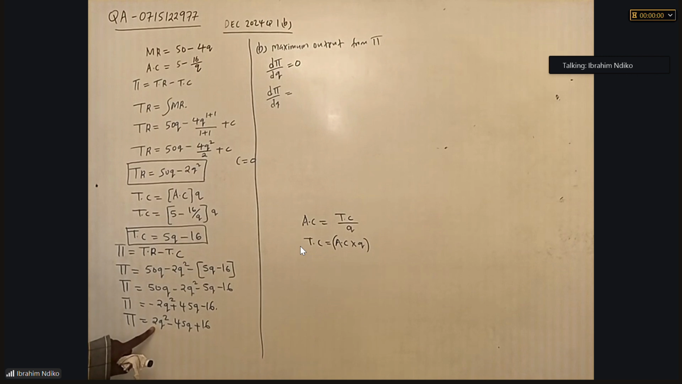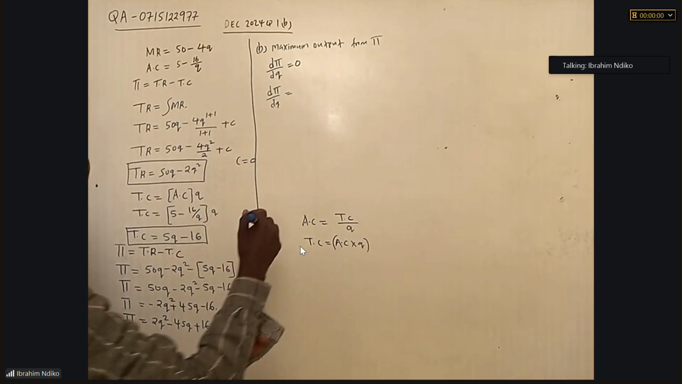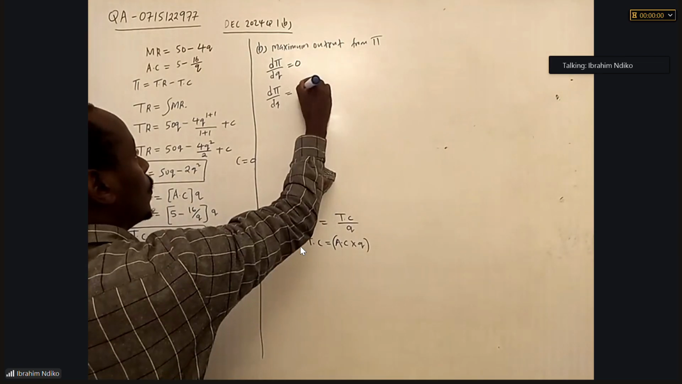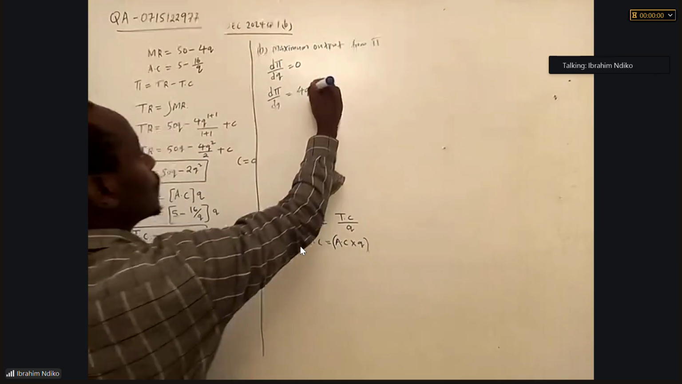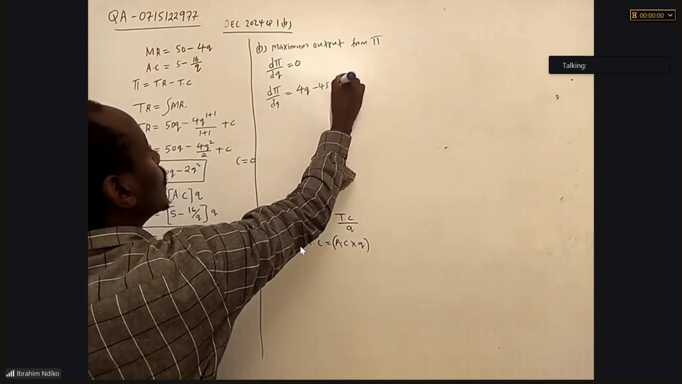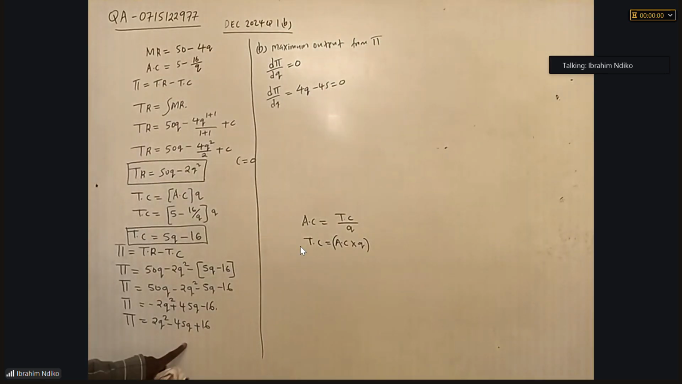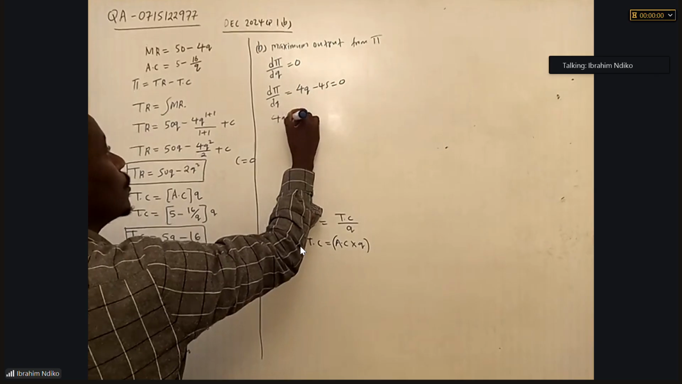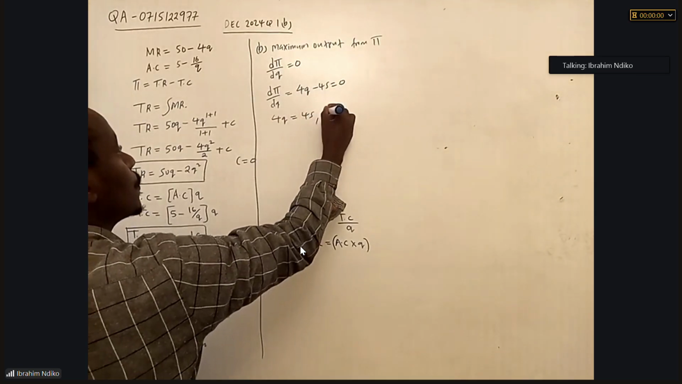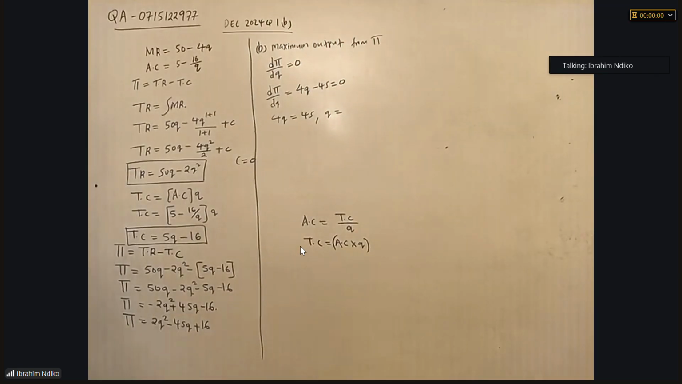2 times 2 is 4, and then 2 minus 1 is 1, so it will be 4Q. This one will be minus 45. Then 16 is a constant, so it goes to zero. Let's find the value of Q. 4Q is equal to 45, so the value of Q that maximizes profit will be equal to 45